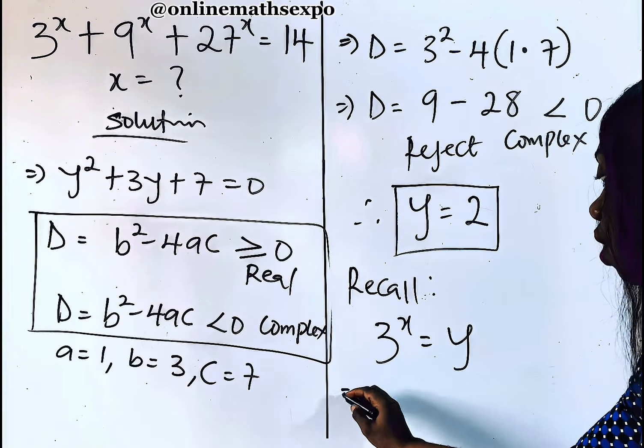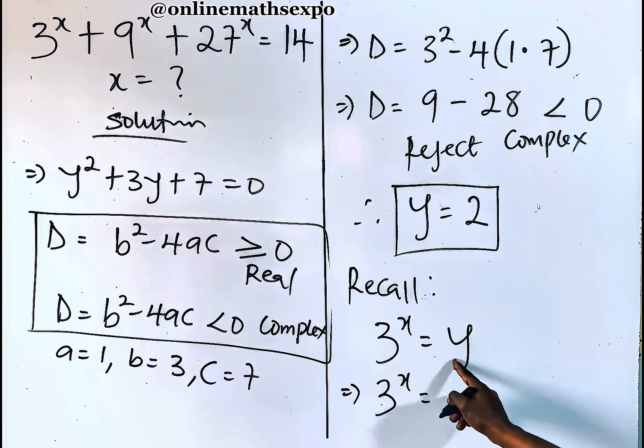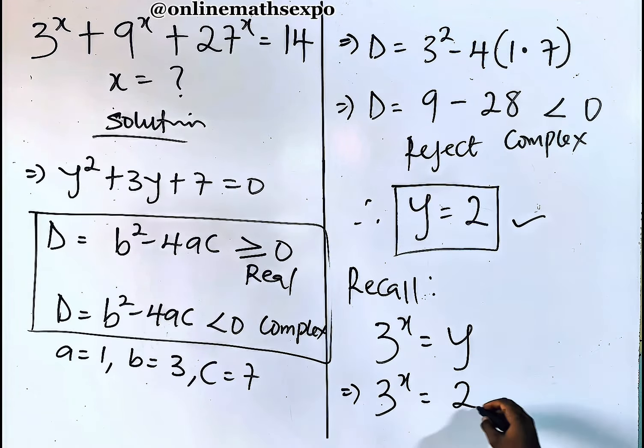So in that case, we are going to have 3 to the power of x. Our y accepted is 2. So what we need to do here is to take log of both sides,